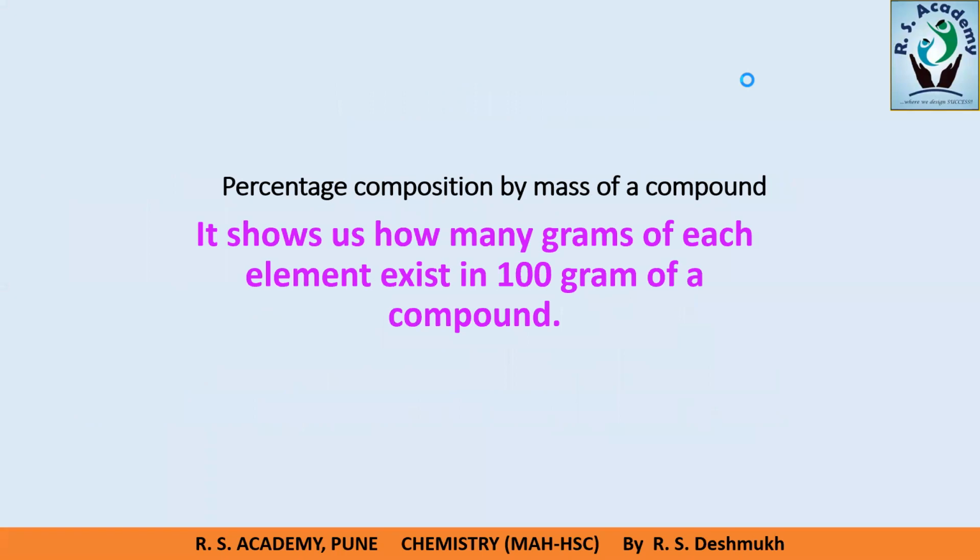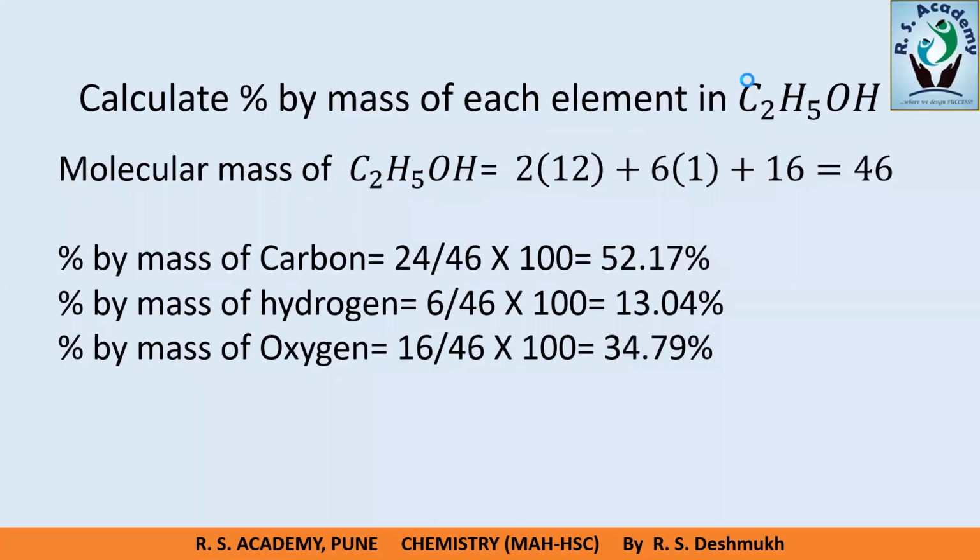What is the percentage of any constituent in that compound? So we have taken already this example. Suppose the compound is C2H5OH, that is the ethyl alcohol, and if anyone asks me what is the percentage of carbon, again the same thing. If we observe in this compound, what is the molecular formula? It is C2H5OH. So I find out the molecular mass, that is 46.